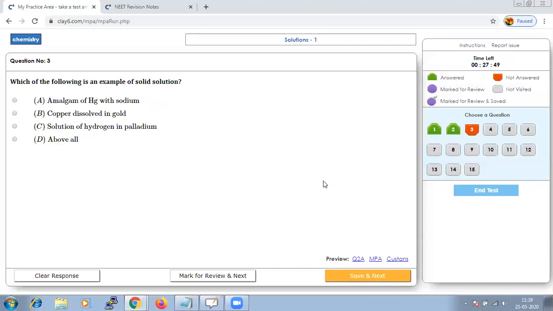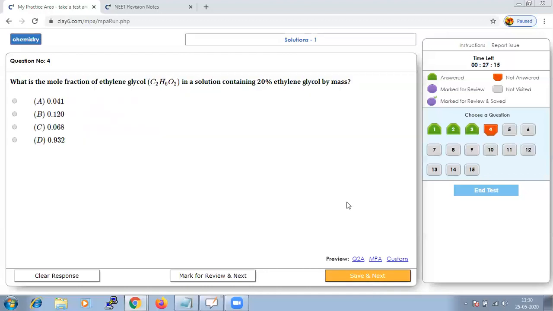Which of the following is an example of solid solution? When we say solid solution, it is solid in solid. So when you check, all the options given will be a solid solution, because the solvent should be a solid. So from the given options, all are solid solutions. Let us save that